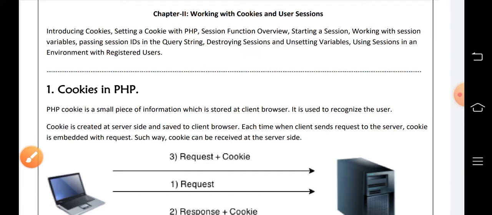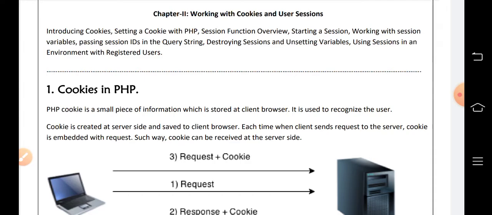That means whatever we are accessing on the internet, our data is going to be stored in our mobiles or in our system by using cookies, because we are all accessing the data from a